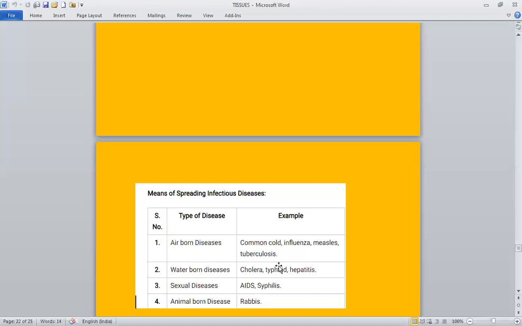Now, in the days of corona, you people are asked to maintain distance. Crowded places like restaurants and gyms are all closed. Metros are all closed. Why? So that this disease does not spread through air. When a person coughs or sneezes, the microbes present in his body come out with the droplets, and they enter the body of the new person and make him diseased.